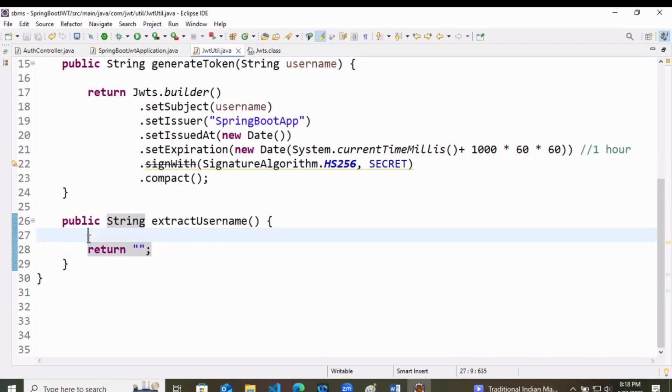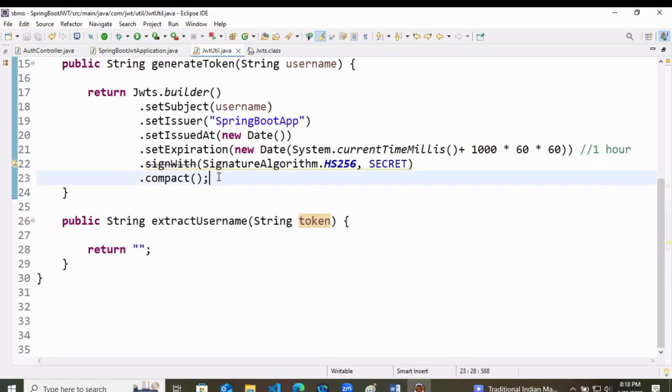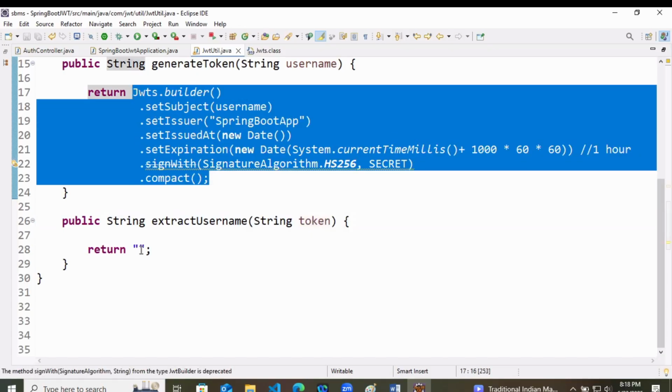Now this is the method that we are going to use to validate the token. So at first it should accept the token as a parameter, a string of token. Now we can return that directly, or you can store it in a string, then return it, it will be the same way.